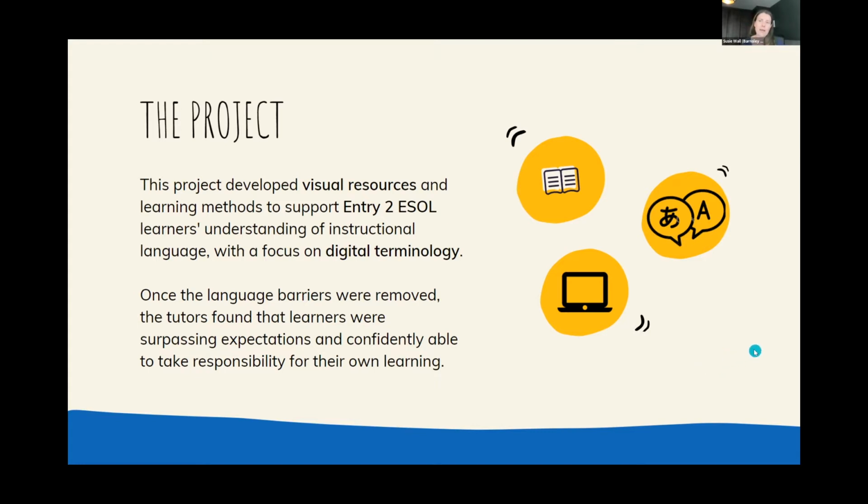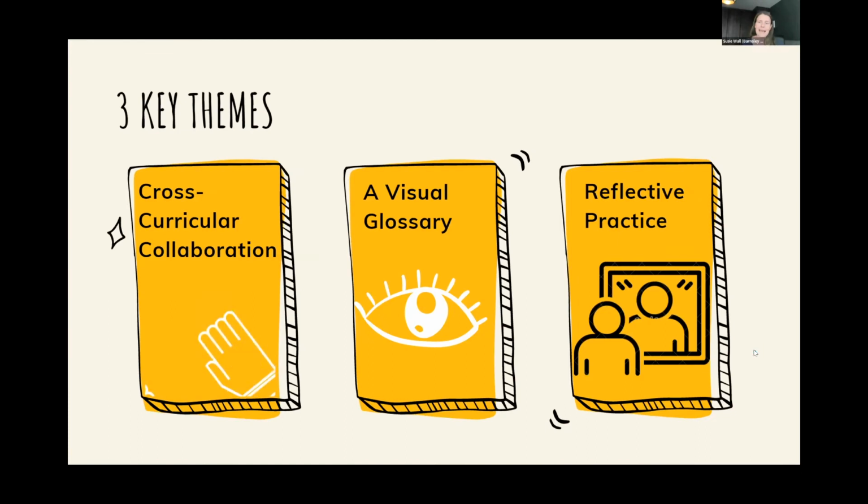The main themes then that came out of our research, we identified 3 key themes that came out of what we did on the project. The first one was cross-curricular collaboration. This was a great thing that came out of it that we hadn't really known how it would work at first. So what we did is we offered the classes with 2 teachers. It was helpful having the project funding to be able to offer that. So we had the ESOL teacher and the digital skills teacher in the classroom together. When I say classroom, it was an online space. We were teaching online throughout the project.